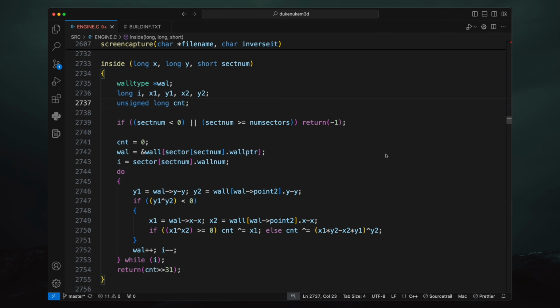Now, how does the engine even know if something is inside or outside the sector? In the build engine, we have this function called inside. The code per se is kind of difficult to follow, not because it is something out of another dimension, but it's more the small things like very generic variable names like x, y, i, j, and so on. Then variables are not grouped into structs, the comments are very sparse inside the code,